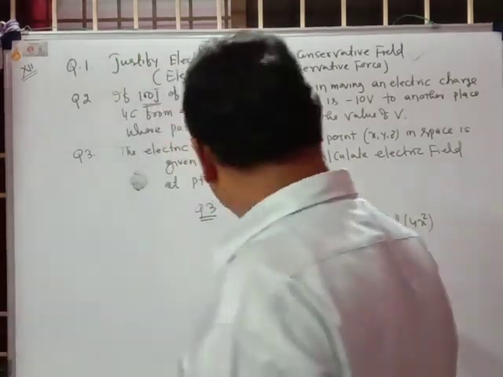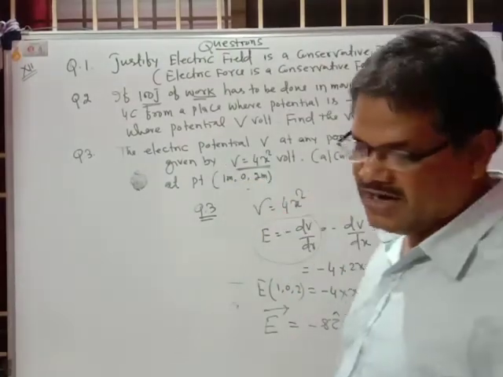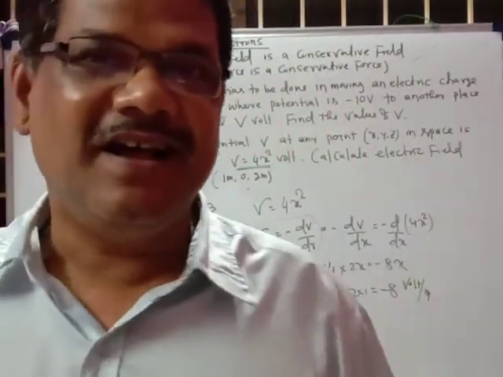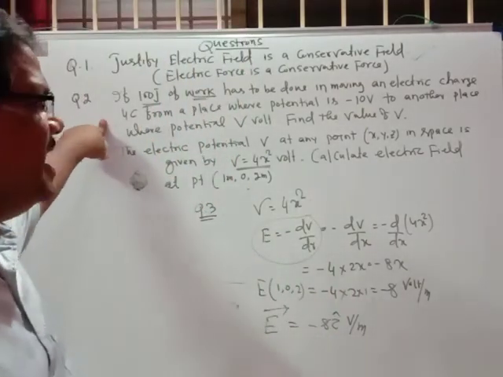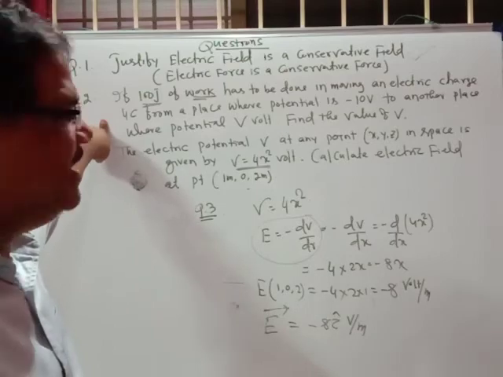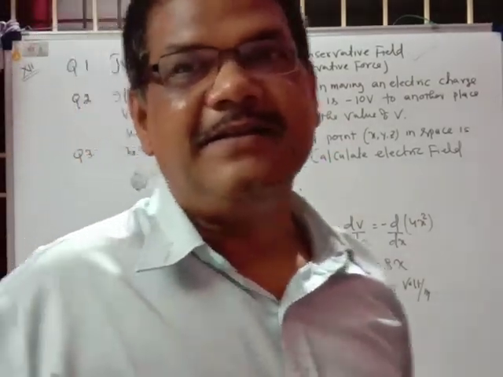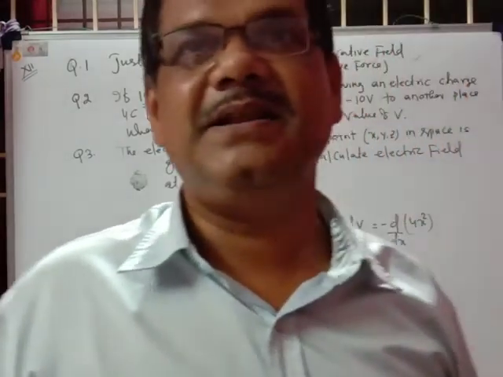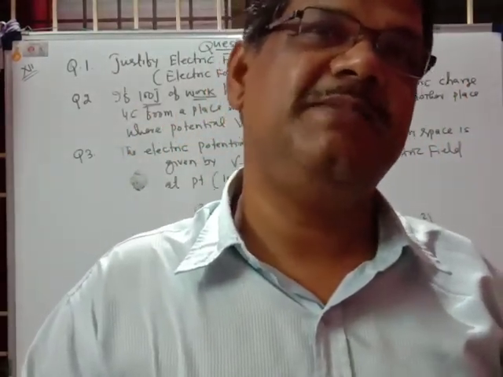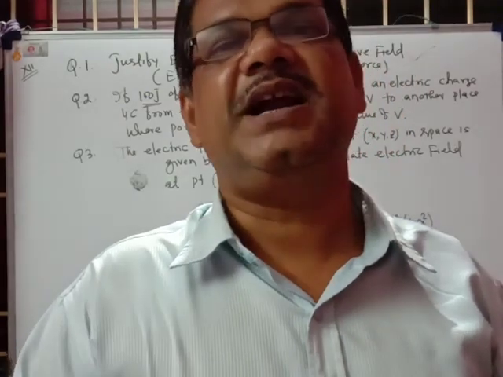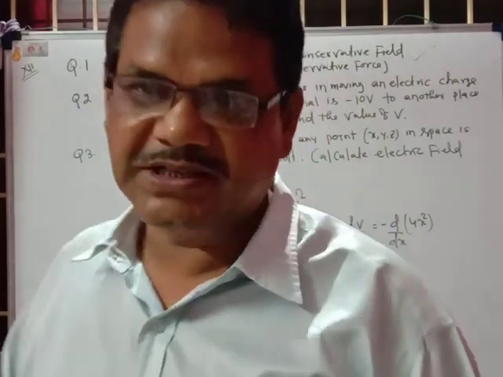My point is that you can apply this whenever the potential or electric field intensity is in a non-uniform electric field. You can apply directly VB minus VA, WAB, like that. VB minus VA, the potential difference between two points, is the negative line integral of the electrostatic field. In this manner, try to practice more and more questions. Thank you.